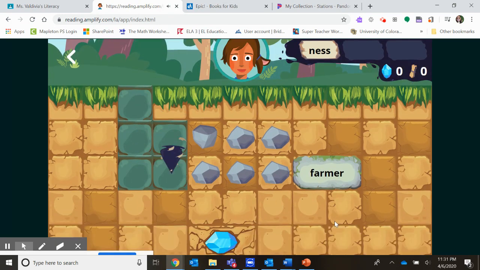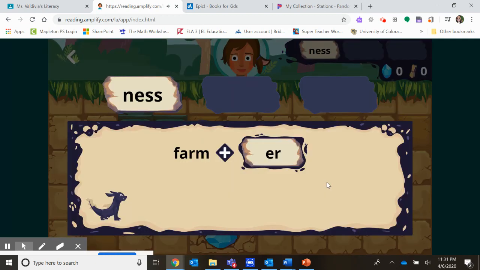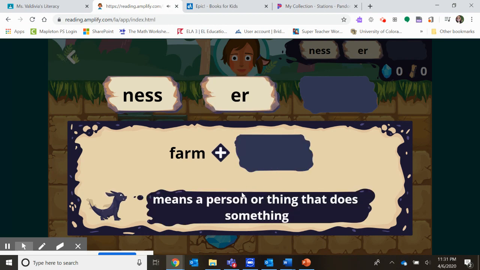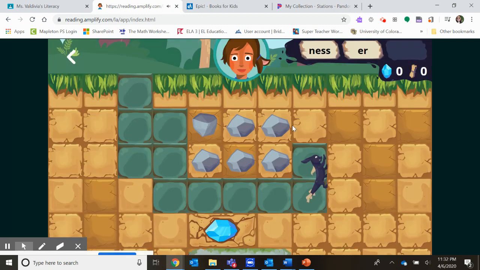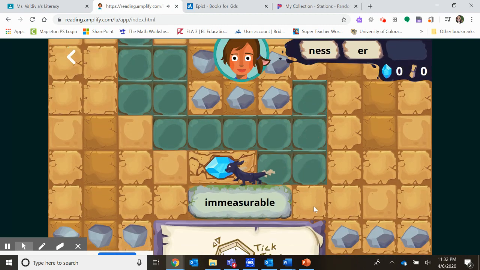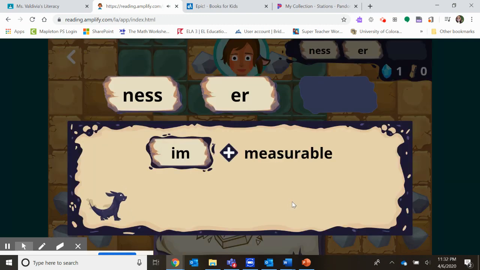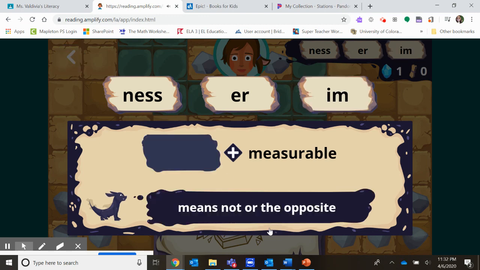Then you keep going, you dig through, you click on other words. Farmer, this gives us the suffix er. We click on it. It tells us a person or thing that does something, okay? Then you have this, you click those, you like to collect those, it's kind of a game. And then we have the prefix im, so we click on it, and it tells us means not or the